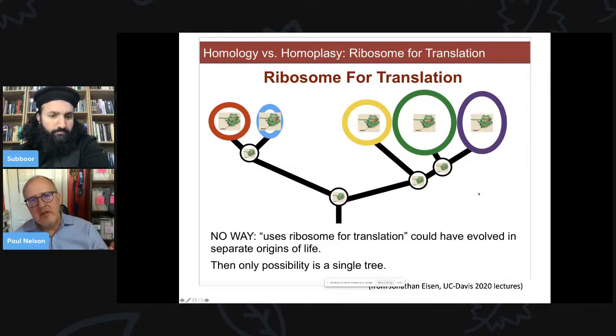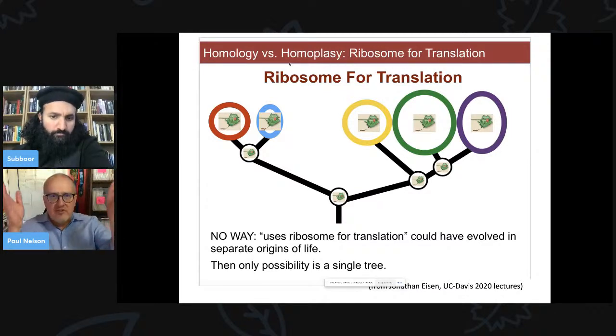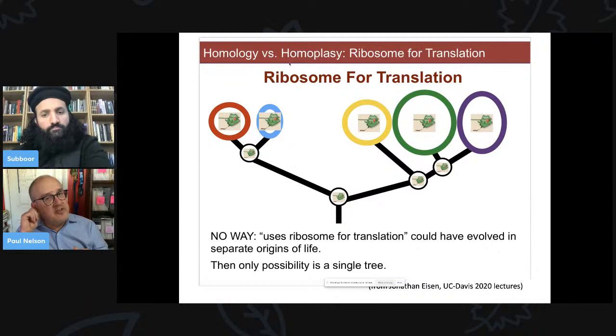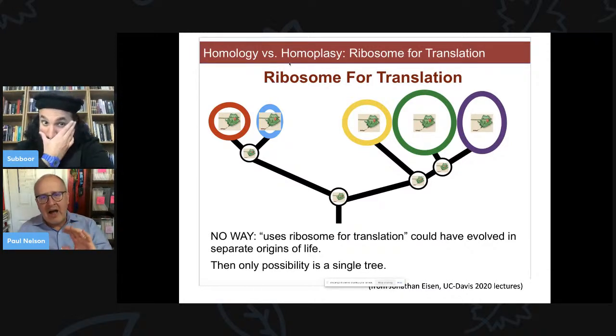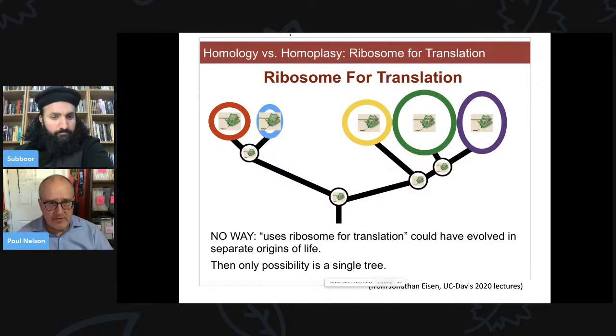Now, the topic that he is discussing in this lecture is homology, that is similarity that gives you a reliable signal of history, right? Versus homoplasy, which is similarity that's misleading. Homoplasy is the enemy of phylogenetic inference. What you want to do is build a stable tree of life using similarities. You want homologies because homologies are giving you true history. Homoplasies are similarities that will mislead you. So in this lecture, Eisen is sifting between homology and homoplasy and is asking, how do we know when we've got homology? Well, he looks at the ribosome, this enormous molecular